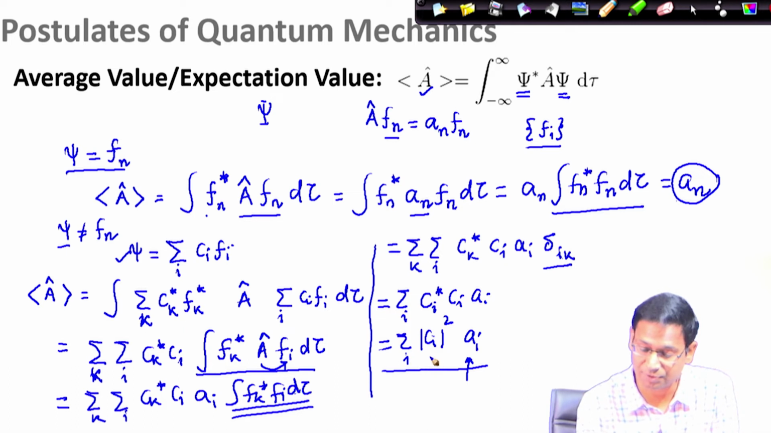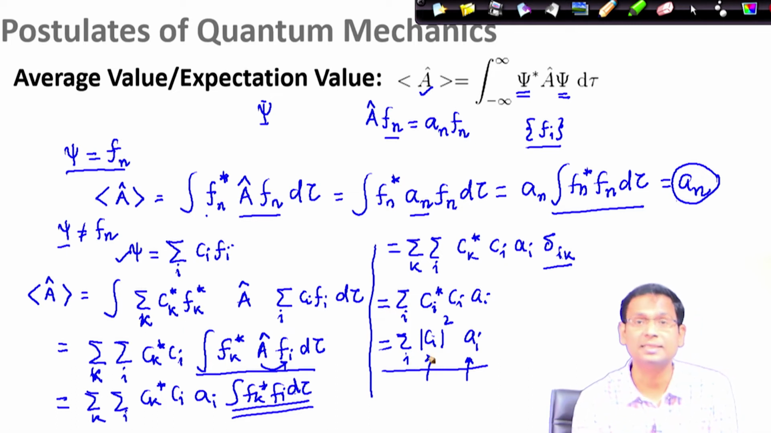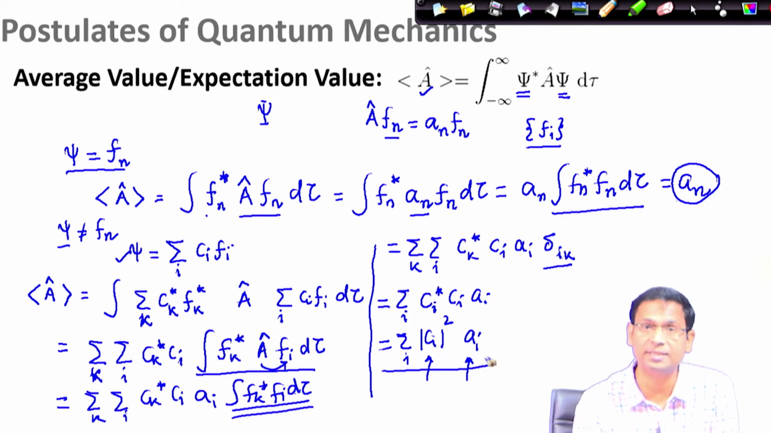But now there is something else over here. The Ci square actually provides me an idea about what is the probability of observing this ai when I carry out this experiment. So, that means when the state function is an eigenfunction, I have only one possible outcome, and that is